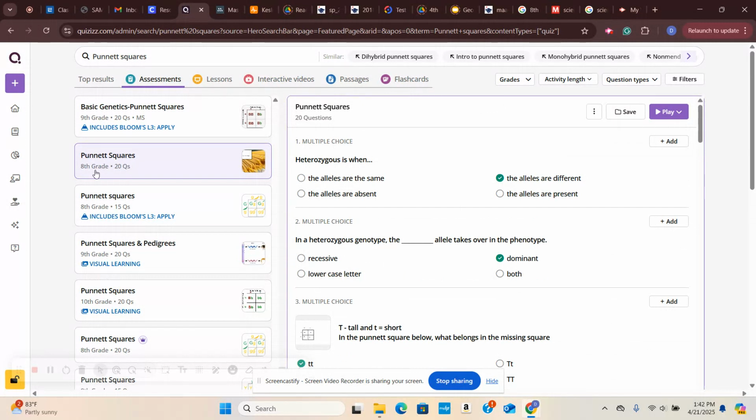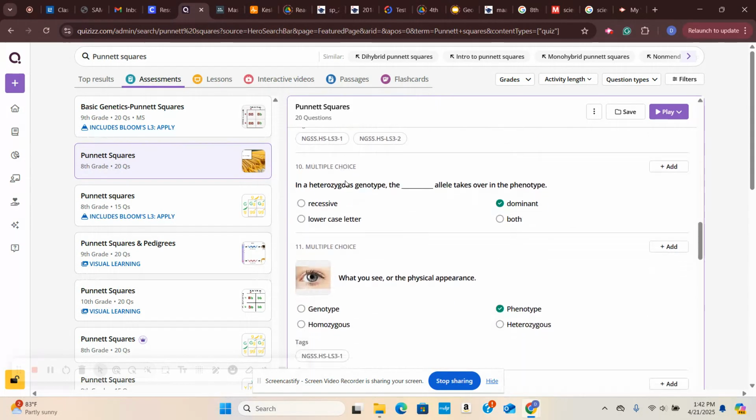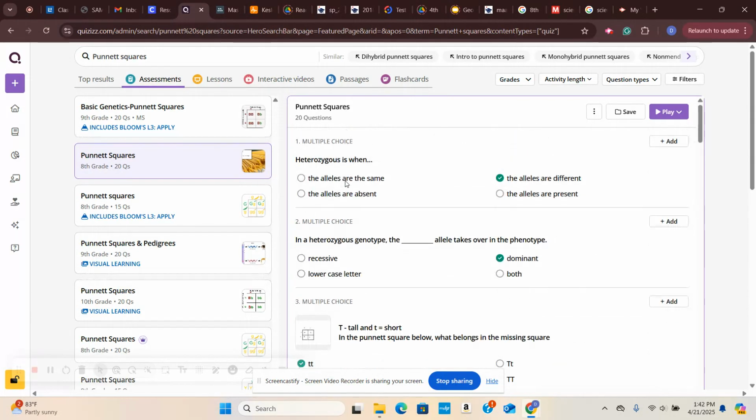I have Punnett squares 8th grade, and it has 20 questions. Before you click on it, it'll give you a preview of what those questions and what those answers would be, so you can make sure that it is aligning to your different standards and objectives that y'all are covering. So once I click on Punnett squares,